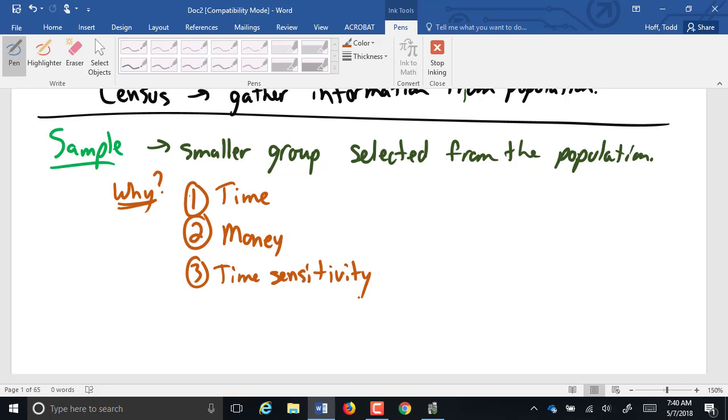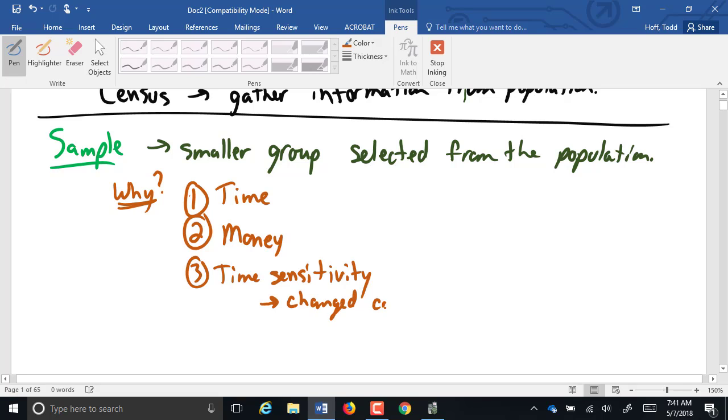You know, let's say you select your group of people that you're going to survey, and you decide you're going to spread it out over 4 days. So you're going to do 200 people, you call 50 people a day for each of those 4 days. So you call 50 people on Monday, get their response, 50 people on Tuesday, get their response. Tuesday night's the debate for the school board election. Well, somebody could say something really stupid or really smart and change the mind. So that the next day when you go to survey people, you're not surveying them under the same conditions anymore. It's changed the conditions that you're working under.